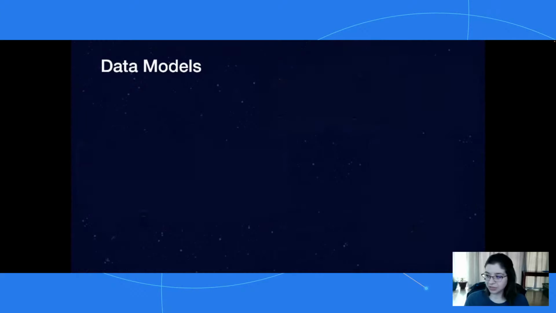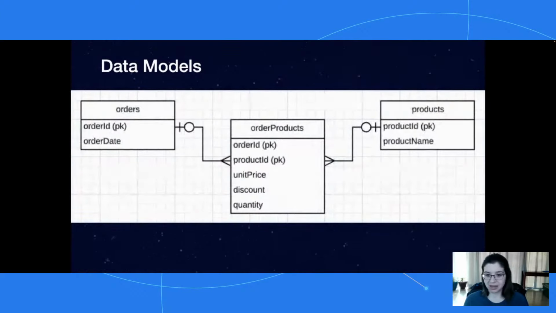So let's take a look first at the relational model. If you've done a whole lot with databases, you might be most familiar with this model. So we have orders, and I've stuck with just a basic primary key, the order ID, and I've put an extra field on there of the order date. We want to know what day the order was put in. And then we have products on the right-hand side there. We have a primary key of product ID. We have a product name field that I've also added just so it helps us understand what product it is.